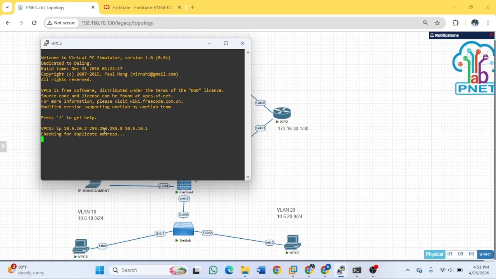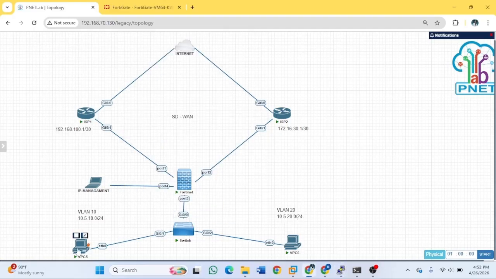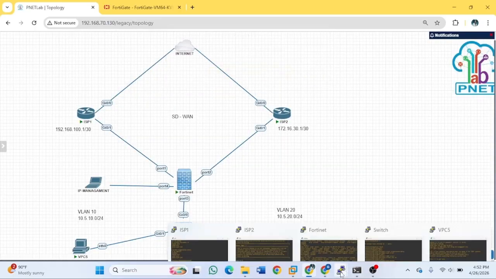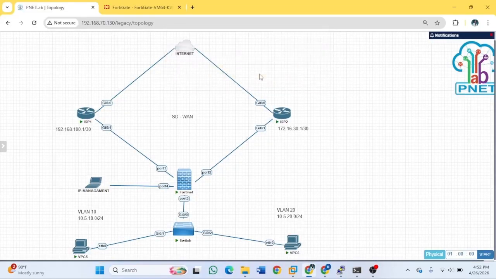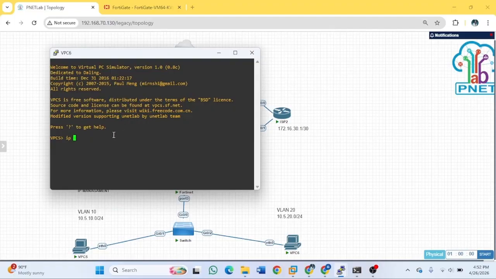Okay, here we get it. That is another PC. Okay, there's another PC here, and this IP, 10.5.10.2 prefix 24, and the gateway is 20.1.